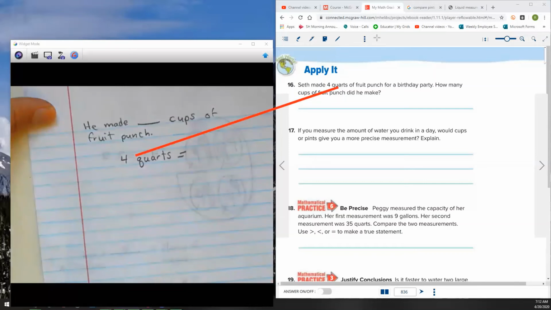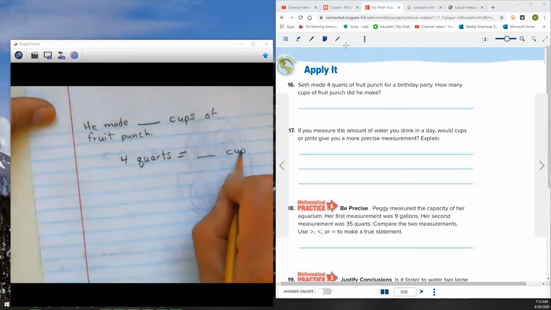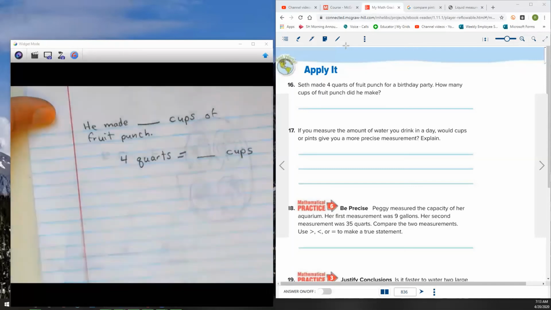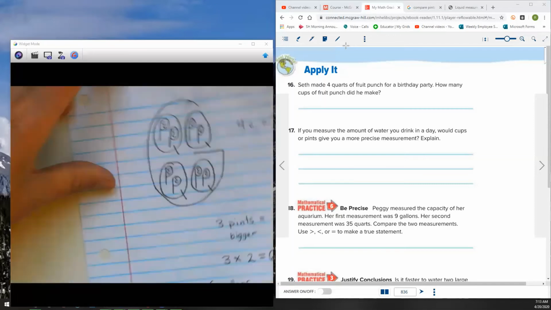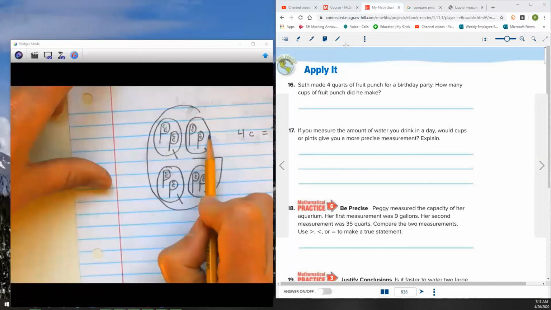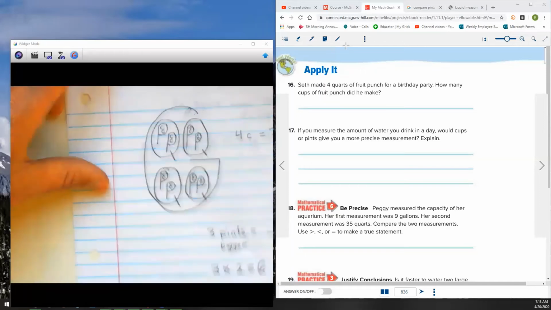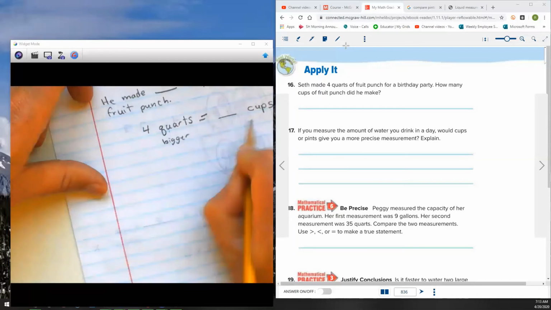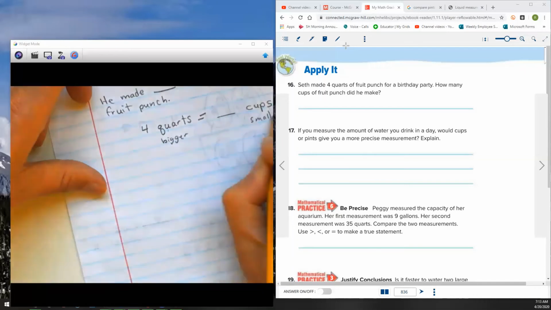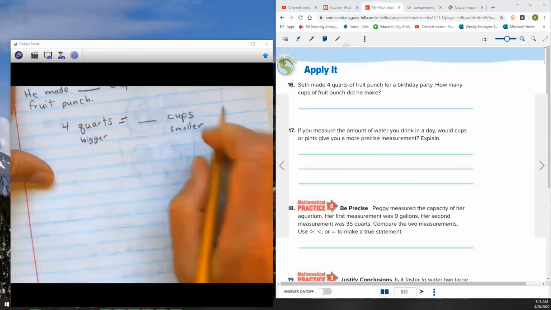I'm just going to clear this out so it's a little easier to see. So we're going to put here cups. Now the first thing I do is make sure whether I'm going from smaller to bigger or bigger to smaller. I have quarts as my unit of measurement, I'm going to cups, and quarts are bigger than cups. We're going from bigger to smaller,